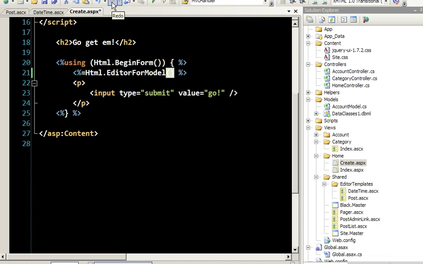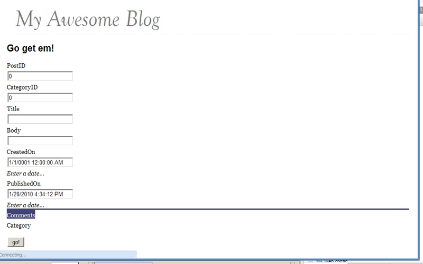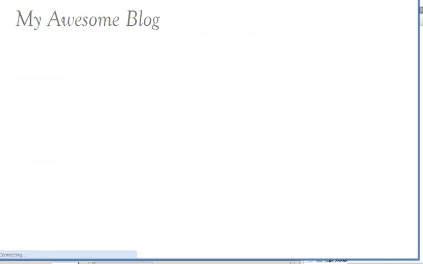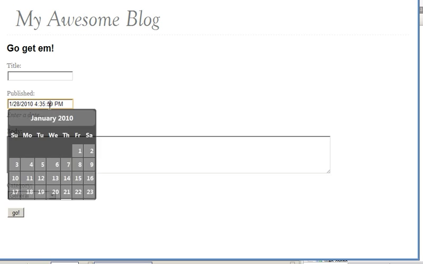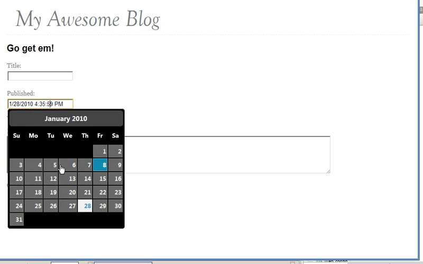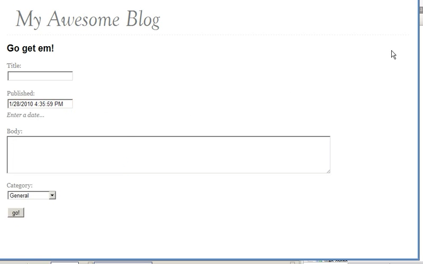There we go. Cool beans. Now I actually have an editor for type of post. So I come back in here, I refresh this, and there it is. So I have my editor back, which is kind of cool, and I even have my built-in templates. Templates within templates. It's pretty groovy. All right, well that is how to bind a complex model item, but there's a couple other things